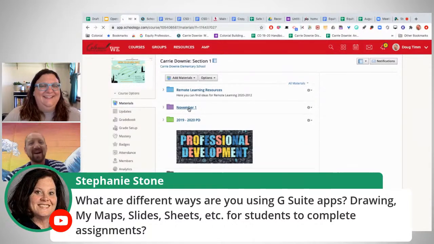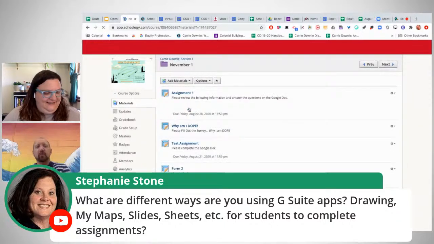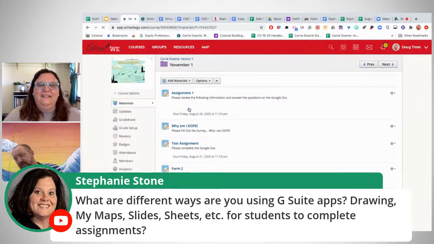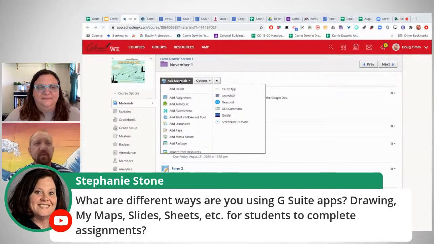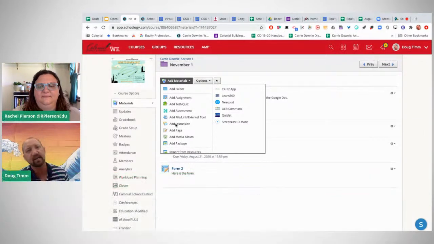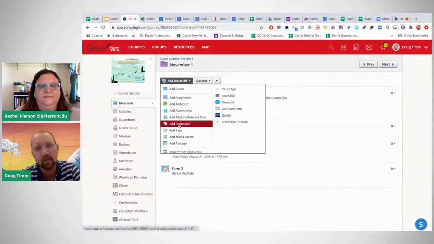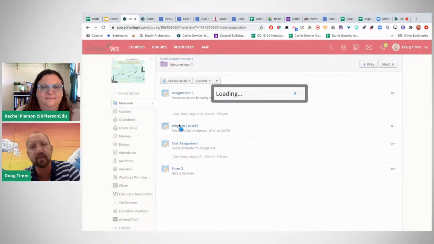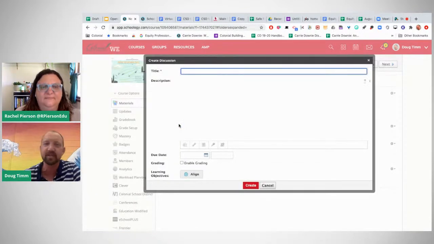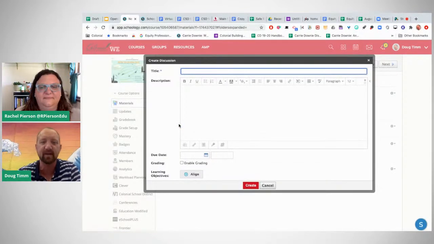All right, good. A very useful tool that we found in the spring. Assignments obviously are great. Quizzes obviously are really good. But if you're just looking for some quick discussions from students to see where their thinking is on something, you can click this add a discussion. There's one really good function with this. Now, of course, if you're dealing with secondary kids, they can find an easy way around it. But let's just say